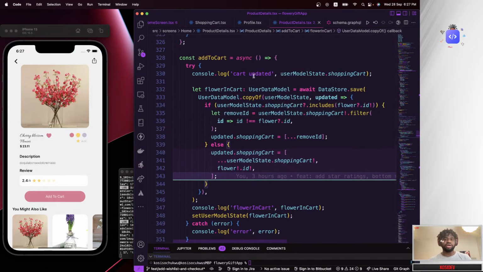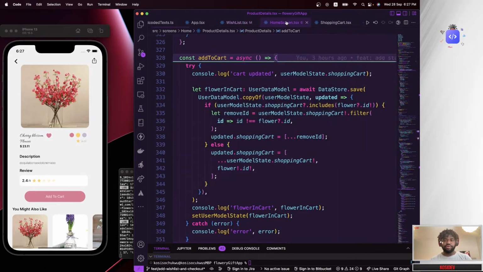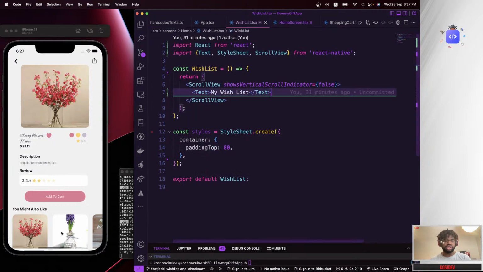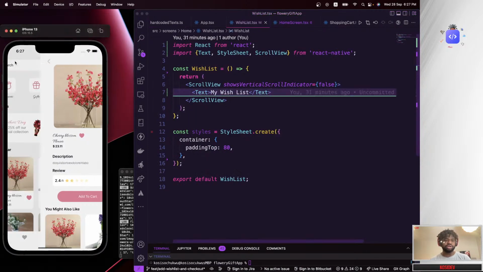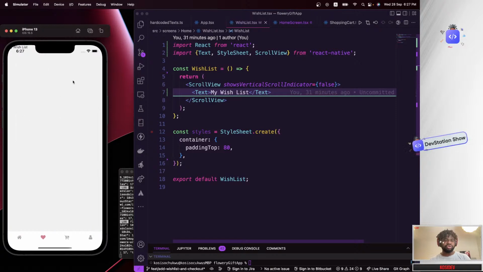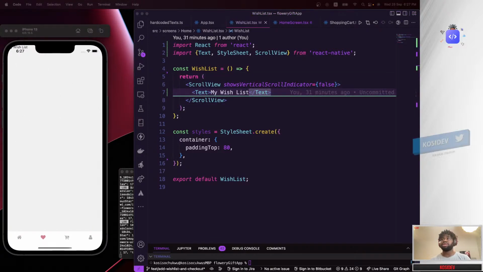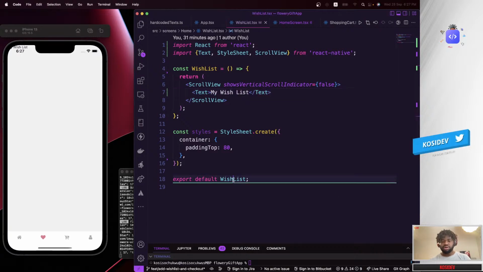Let's try and go back to the wish list. So this is the wish list section, and like I said, the wish list is currently empty. Nothing is showing up there. But let's start adding something to the wish list to test this out. Right here,